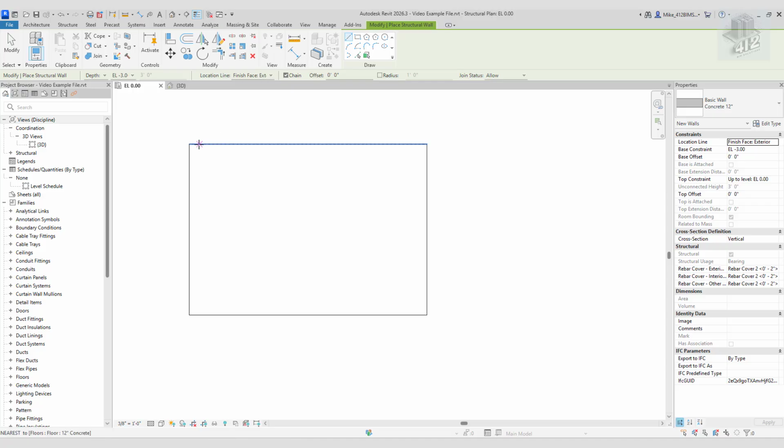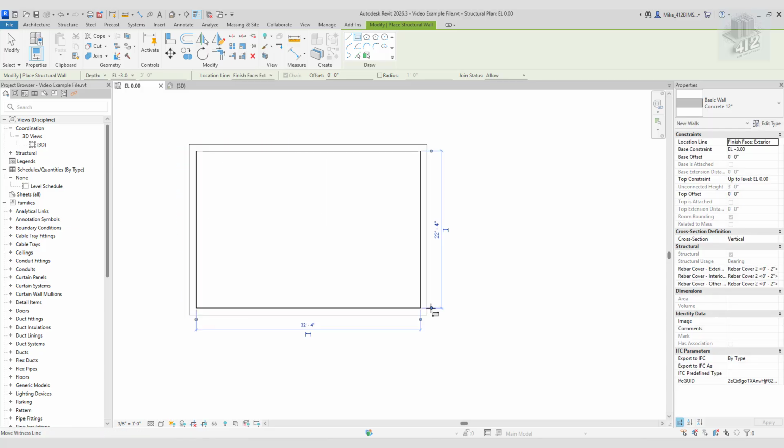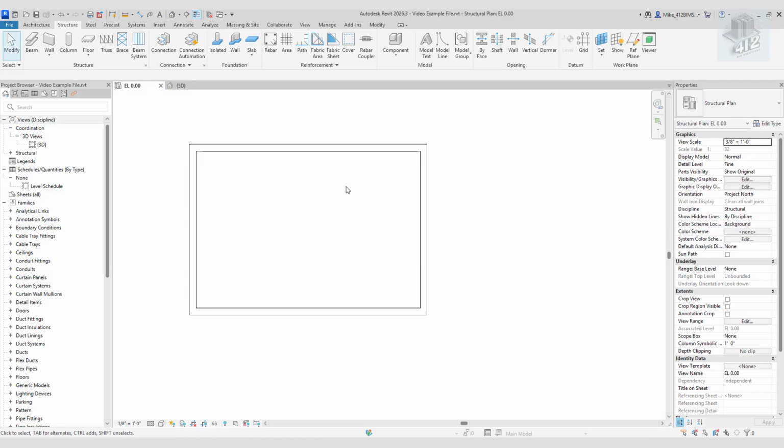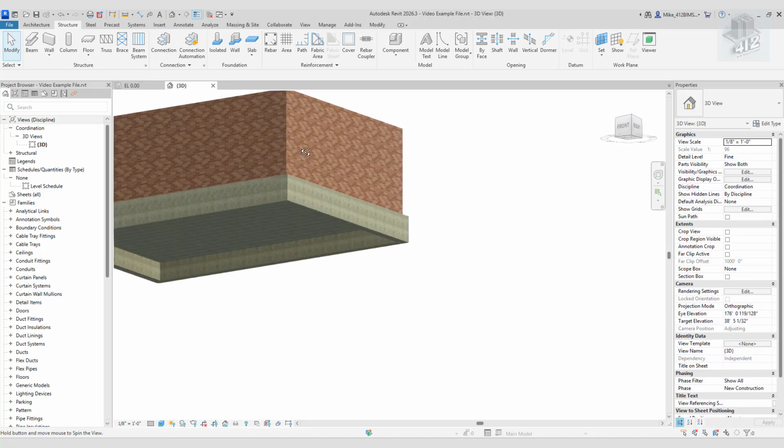And the reason why is because I want it to stay in line with this outside of this floor, but if it ever grows, I want it to grow towards the inside. So now what I'll do is I'll make sure it's set for 12-inch concrete. I can hit rectangle, and as long as I start from the top left and go to the bottom right, it will work. Now if I go to the 3D view, you can see